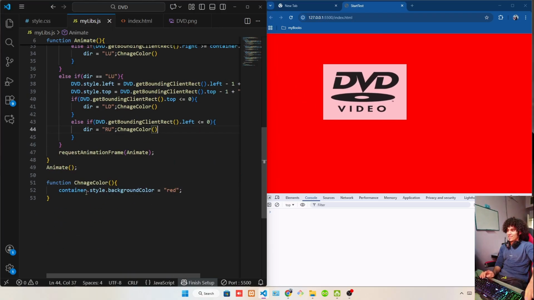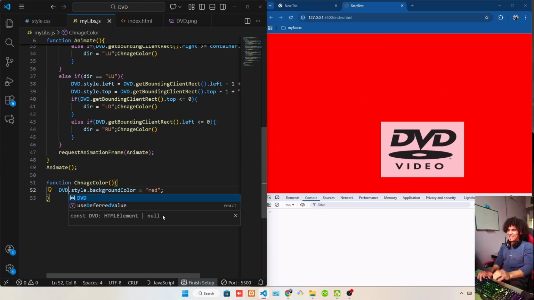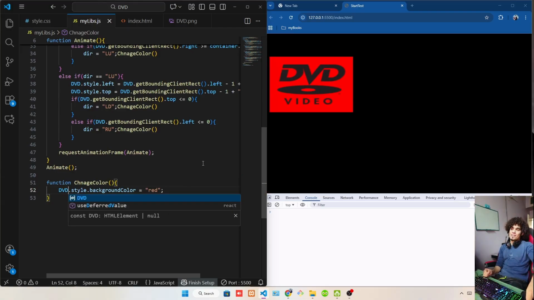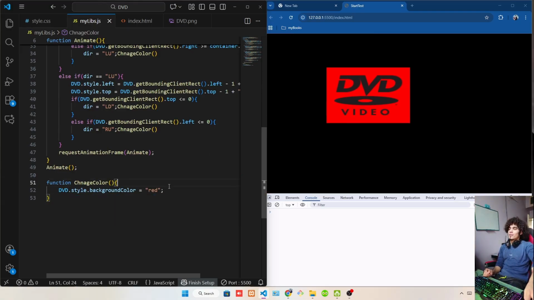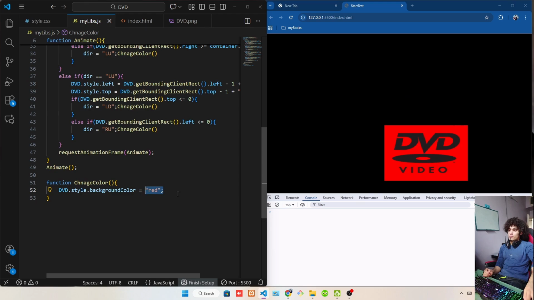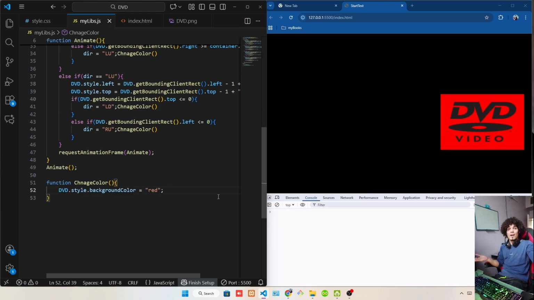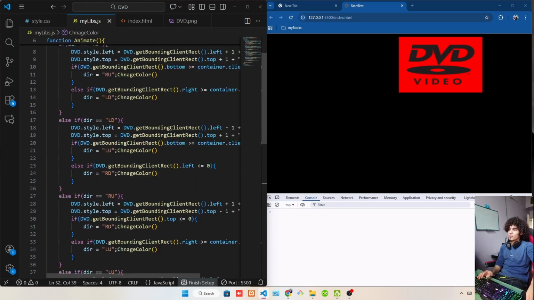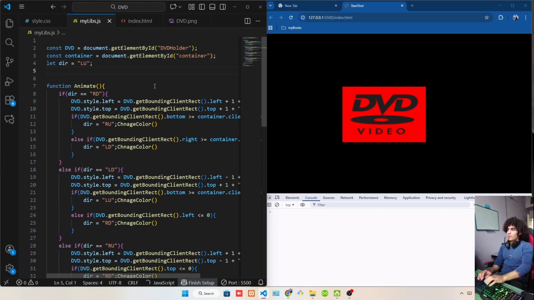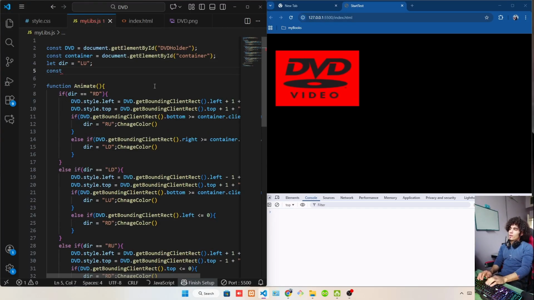No, not the container. The DVD must change its color, and it's not changing every time, it's just a single color, but I'm gonna fix that with a